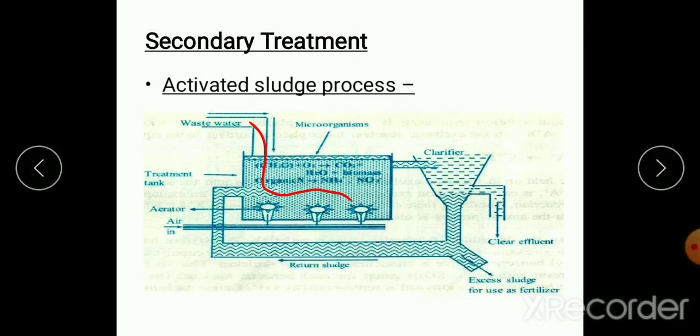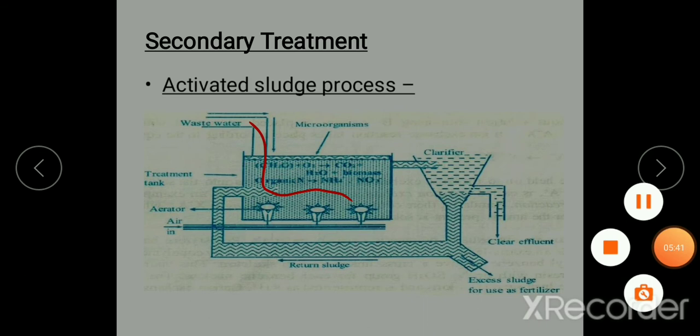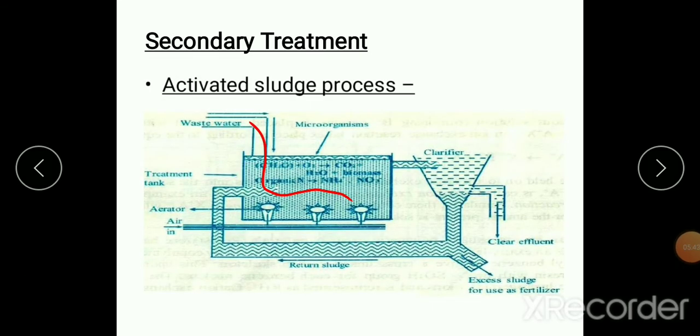Okay. So this activated sludge process operates at 90 to 95% efficiency of BOD treatment. If the treated water contains a high concentration of phosphate or heavy metal ions like mercury, copper, and other metal ions, and colloidal impurities, and even non-degradable organic compounds, then this water is subjected to tertiary treatment. So this is secondary treatment.